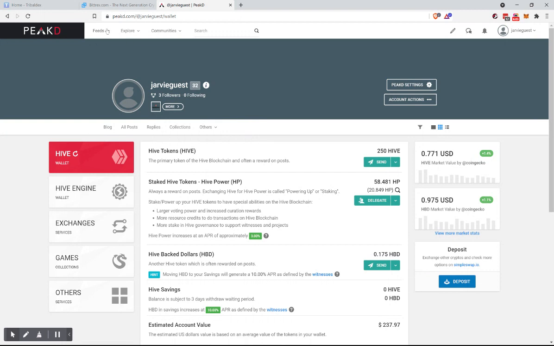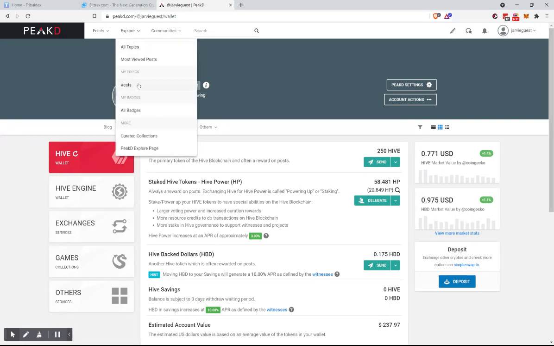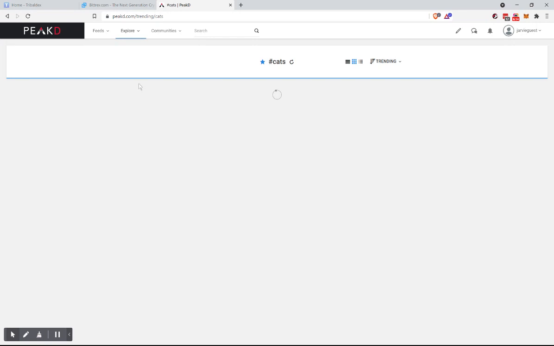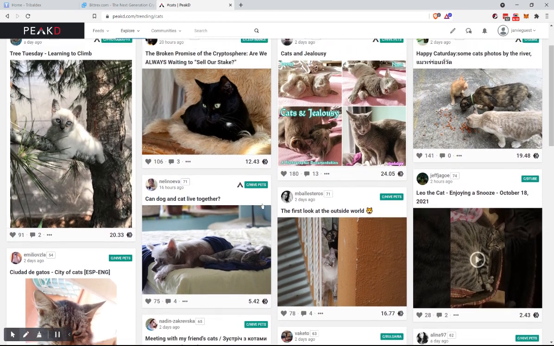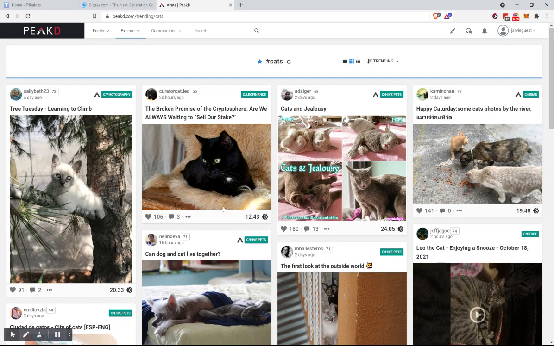So next on the list is to go and find something. So let's go just look at topics, cat pictures, cats. Oh, look. So let's vote on a cat picture. So this is something we're actually doing with our Hive. That is now Hive, staked Hive. And let's find,